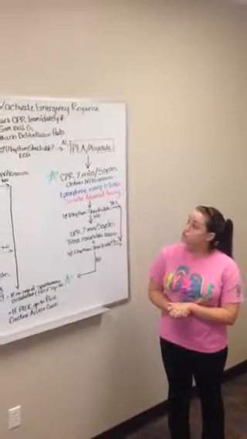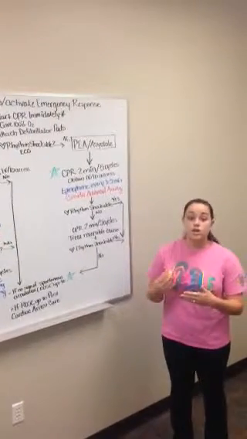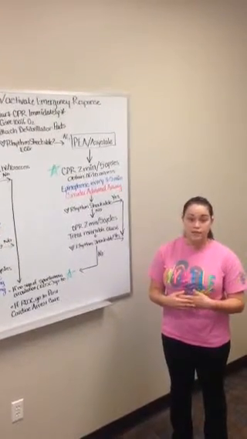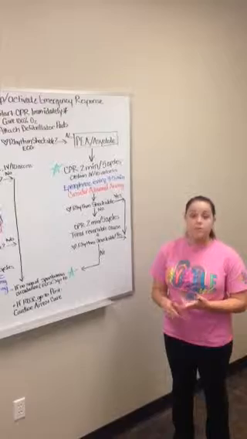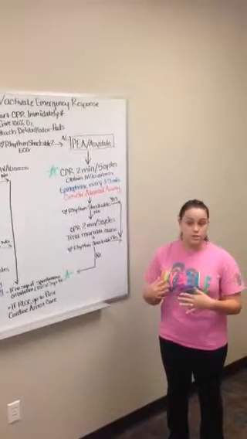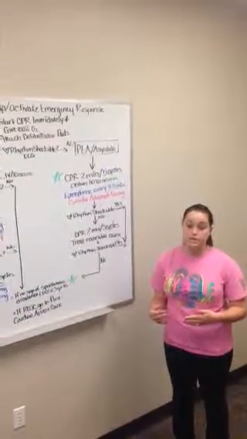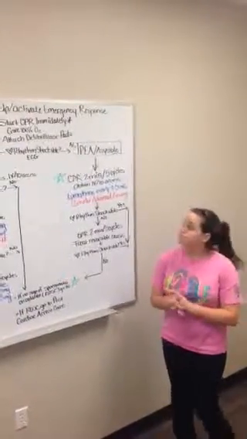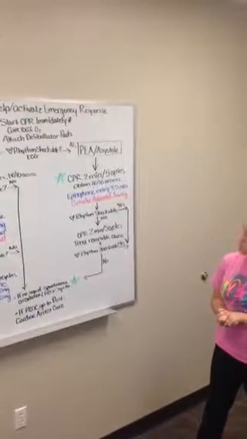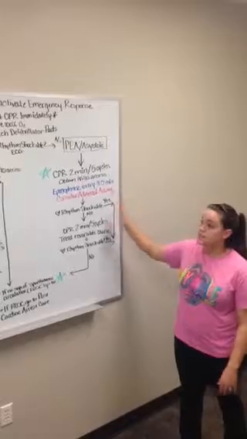The other type of shocks that will be delivered will be synchronized shocks, which is when you have a pulse, such as AFib and A-flutter, you'll give a shock of 100 joules. They have a pulse, you sedate them, and you deliver the shock on the QRS complex. And then, of course, since you're just delivering the shocks in these, when you